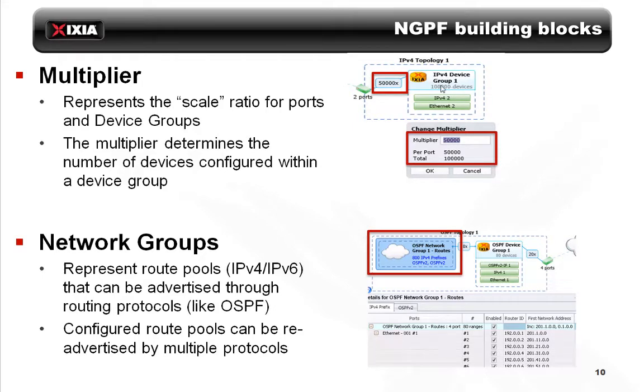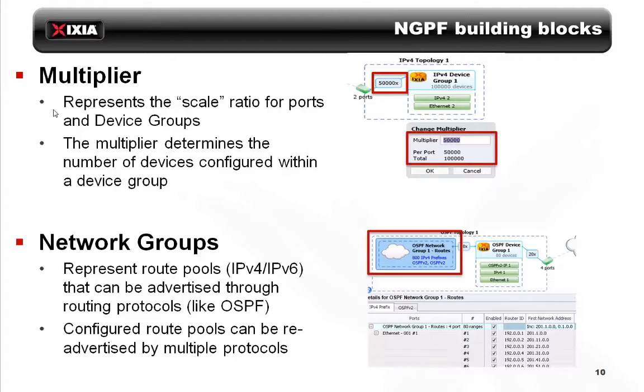In this case they're IPv4 devices because this is an IPv4 device group. So as you can see, it's very quick and easy to scale just by clicking on this box, changing the multiplier, and next thing you know you can scale from a few hundred to thousands and even hundreds of thousands